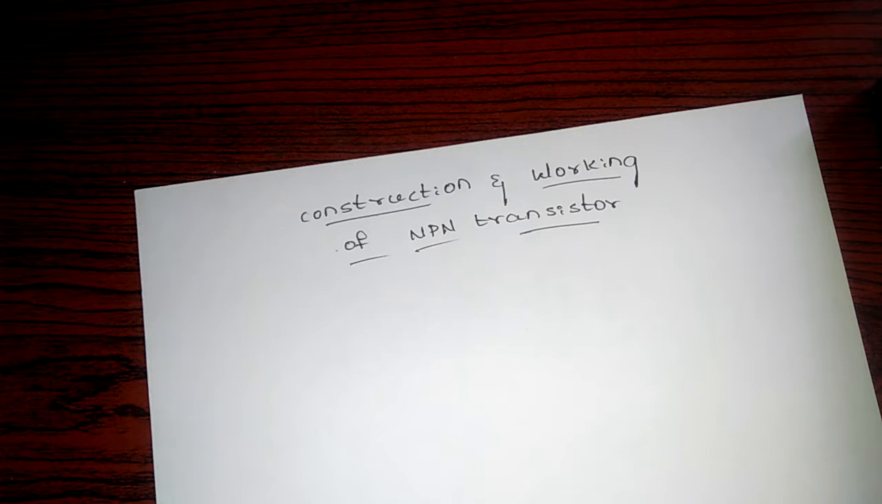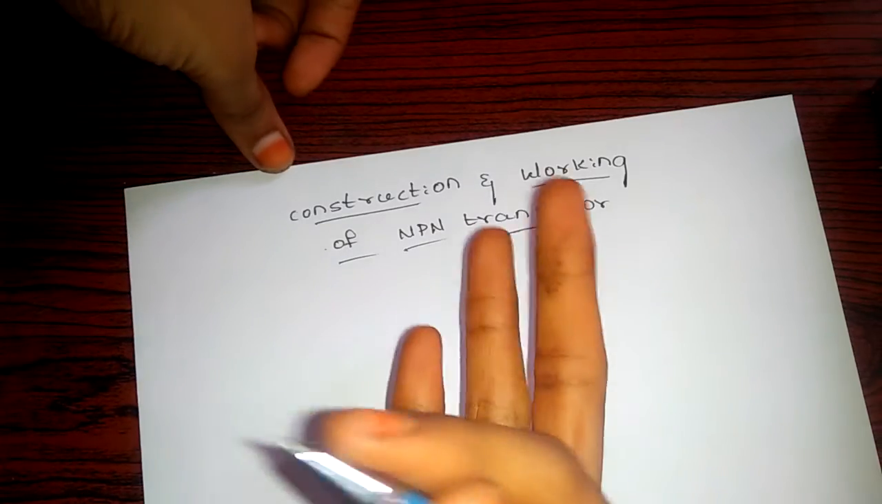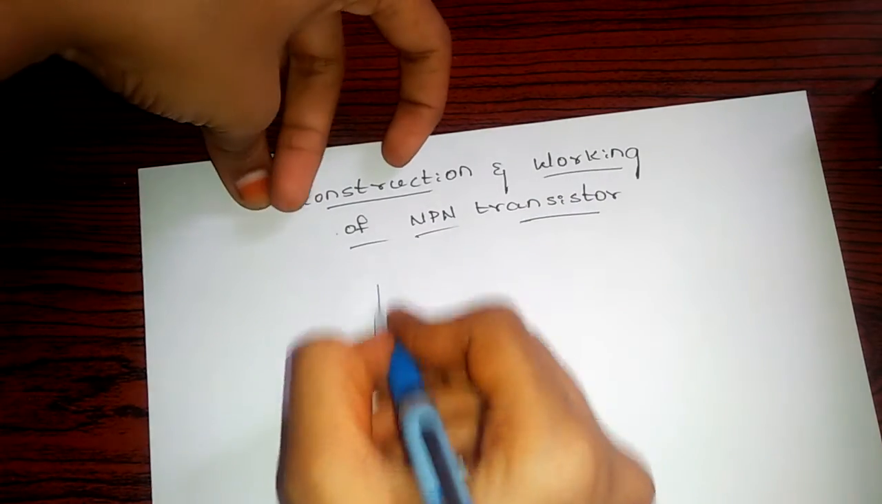Today in this video, let's learn about the construction and working of the NPN transistor. A transistor can be operated in the active region to work as an amplifier. So we are talking about the NPN transistor. An NPN transistor has three regions: